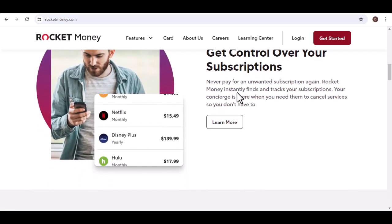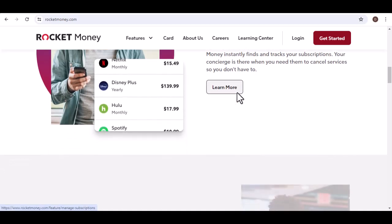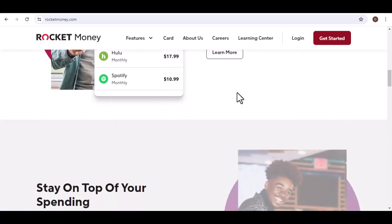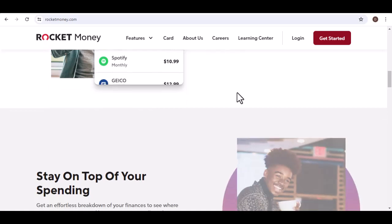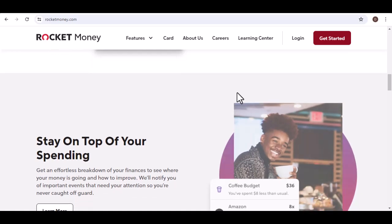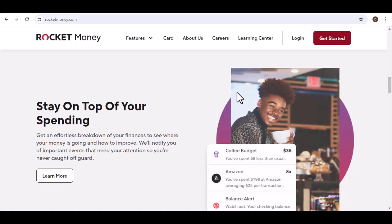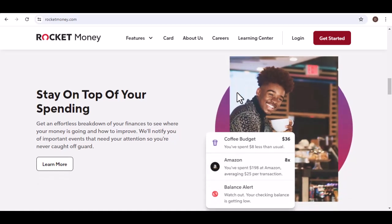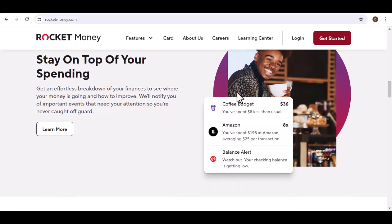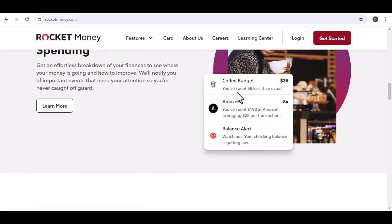Ultimately, whether Rocket Money is worth it depends on your individual financial situation. If you're someone who struggles with managing subscriptions or feels overwhelmed by bill negotiation, the premium features could be a lifesaver. However, if you're comfortable managing your finances on your own and don't need the extra help, the free tier might be all you need. The key takeaway? Do your research, explore what Rocket Money has to offer, and decide if it aligns with your financial goals and budget. It might just be the missing piece you need to take control of your finances and stop your money from